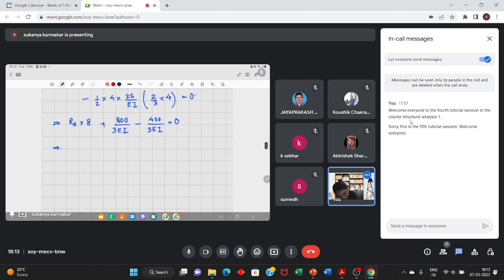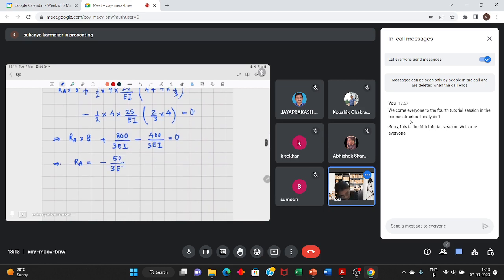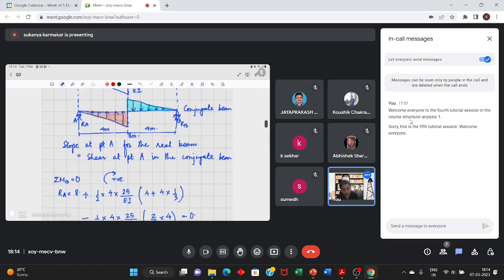So from here RA is equal to 400 divided by 3. So this is the value of RA,